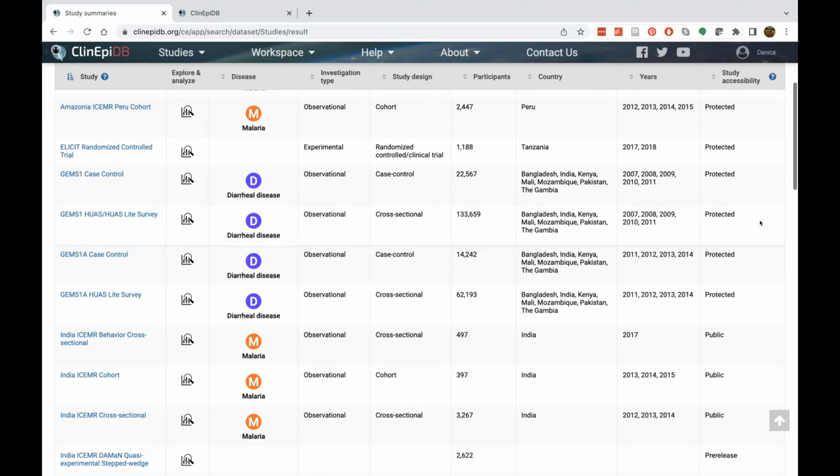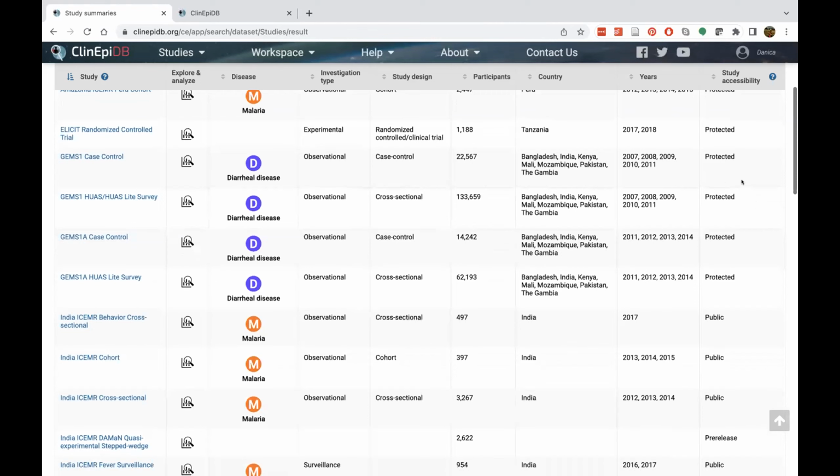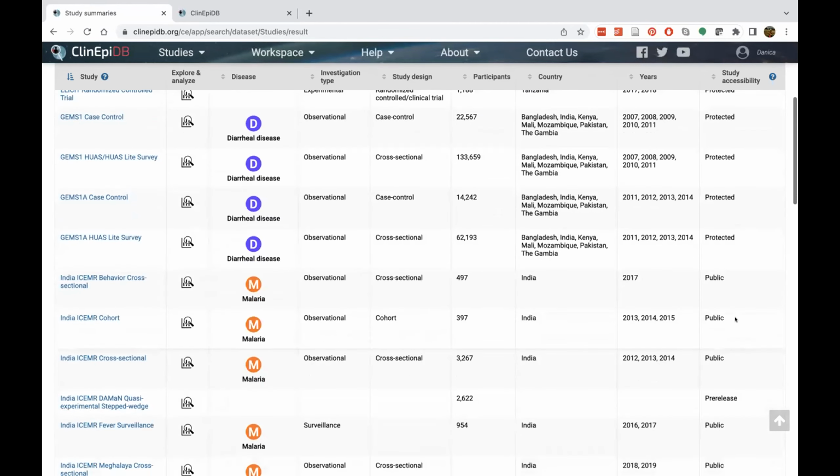So the study teams that provided us with this data are always the owners of the data, and we make sure that they're comfortable with who's accessing their data. So for the protected studies, you do need to request permission. The public studies are freely available on our website right now. You can go online. You don't need to tell anyone that you're downloading the data,